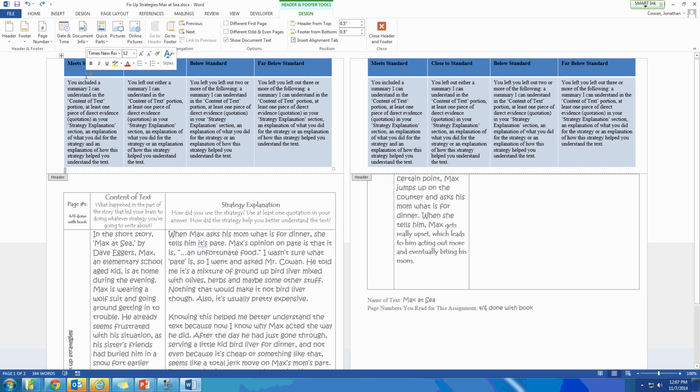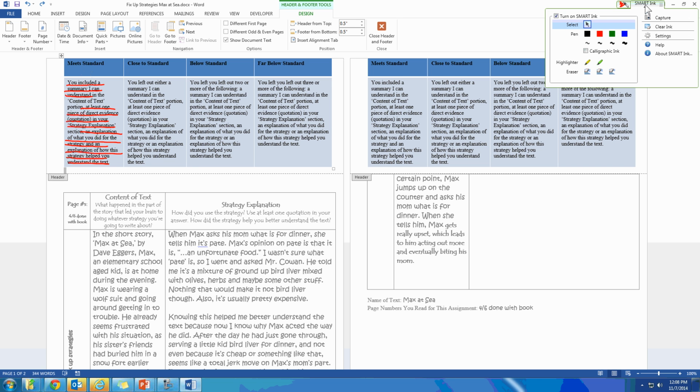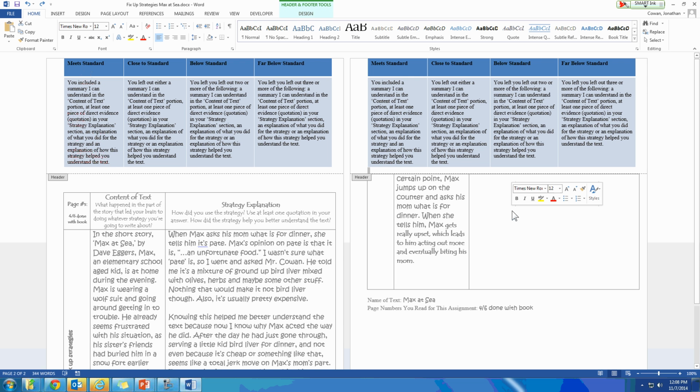Beyond that, you need to also include one piece of direct text evidence in your strategy explanation. So we include a summary, one piece of direct text evidence, an explanation of what you did for the strategy, and an explanation of how the strategy helped you understand the text. Those are the 4 requirements for doing this. So, move on to take a look at